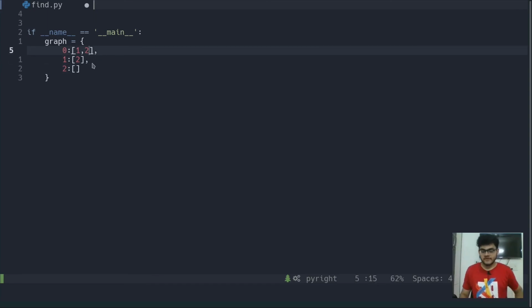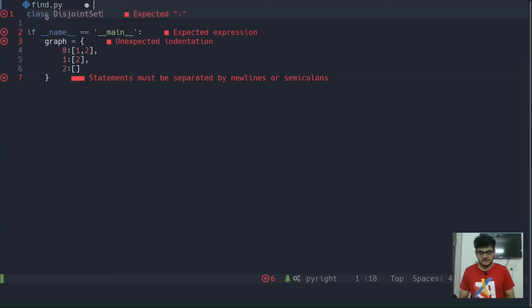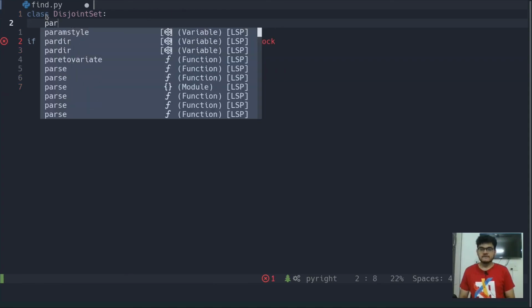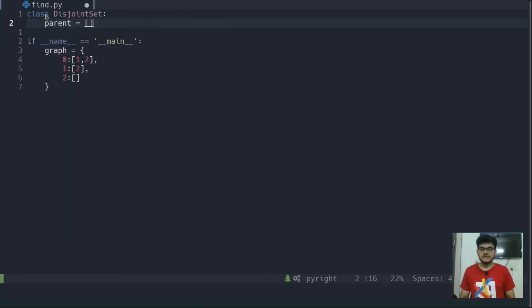So now I'm going to create a class DisjointSet, and inside of this class, we know that the first step is to create a parent list, and initially this list contains all the nodes that we have. So 0, 1 and 2 will be here.